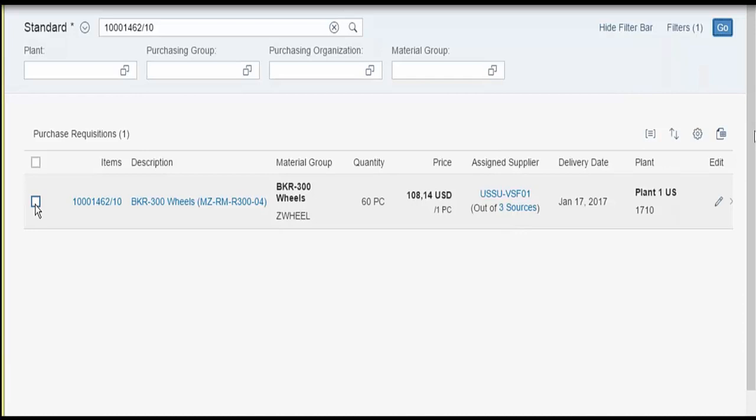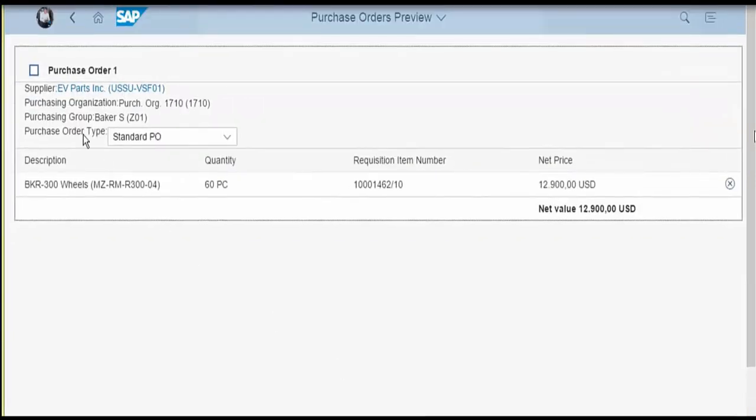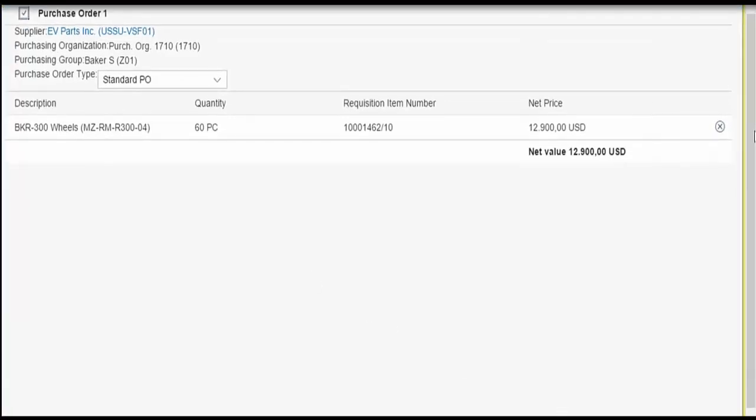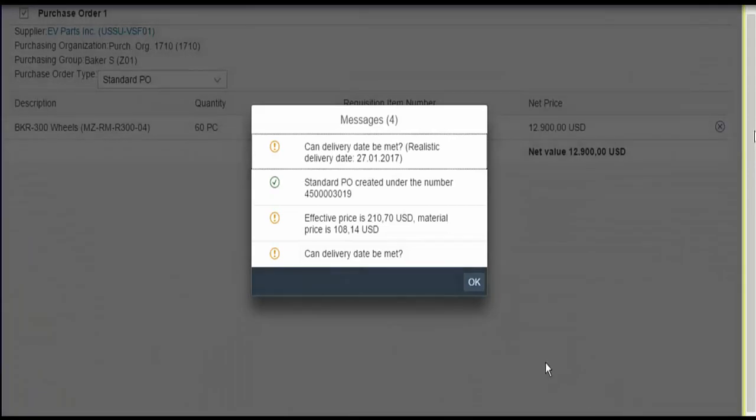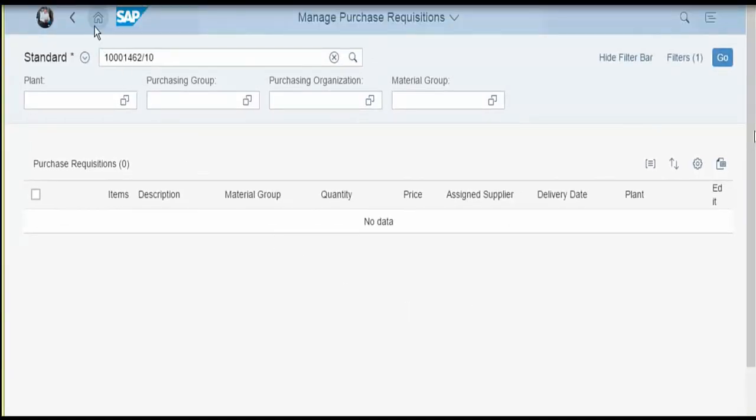In the purchase requisition, the suggested supplier names are also popped up, helping to decide if any change of supplier is required. The procurement executive chooses the correct purchase requisition and converts that to a purchase order from the same screen. The system prompts for a few warning messages, which he ignores, and the purchase order is successfully created.